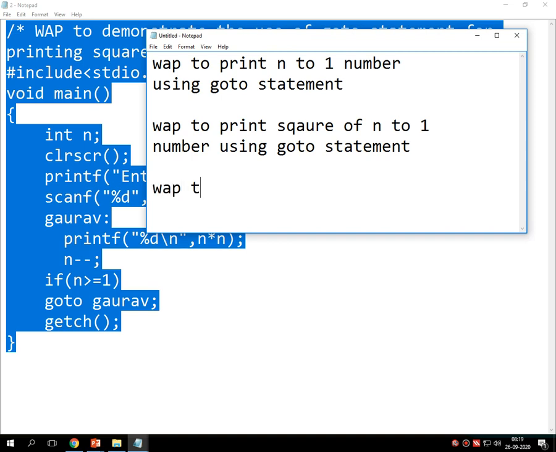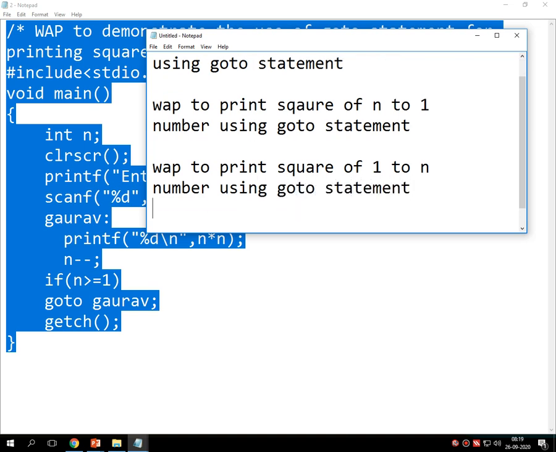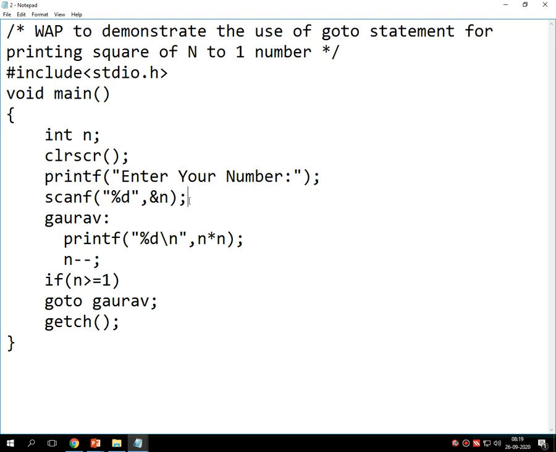Write a program to print the square of 1 to n numbers using goto statement. That means in this program, if I enter 3 as an input, then what will be the output? 9, 4 and 1.